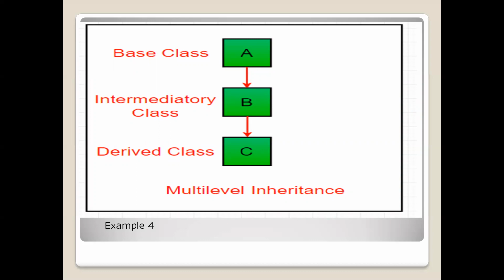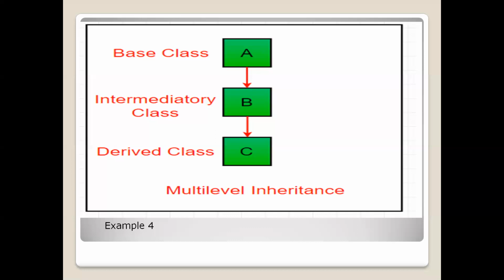So you will get something from your father, and your father will get something from your grandfather. That means your father is copying some of the behaviors of your grandfather, and you are going to copy some of the behaviors from your father. So you can see level by level inheritance. At the same time, if you have your son or daughter, he or she may copy some of your properties or some of the behaviors from you.